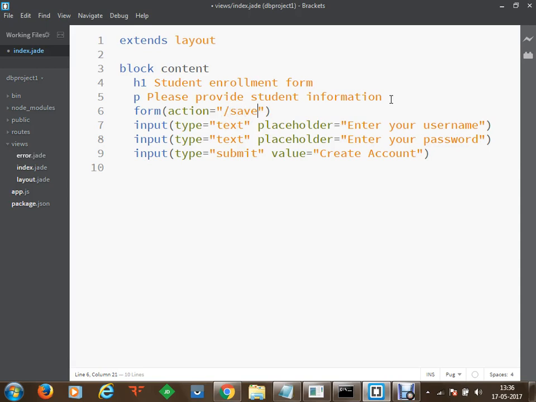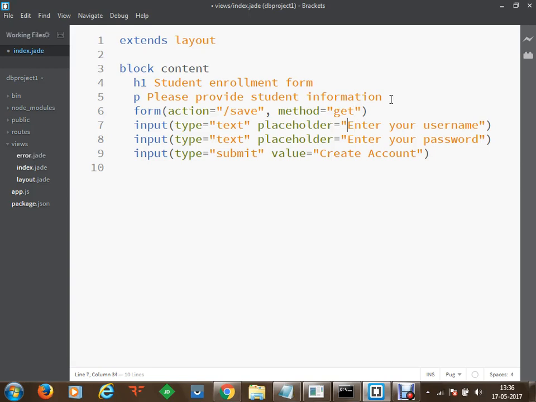Next we have to define a method, and let's say the method will be the get method. We'll be sending information through the get method. Information will be sent from here, there we are going to receive it, and we are going to store that into the database.